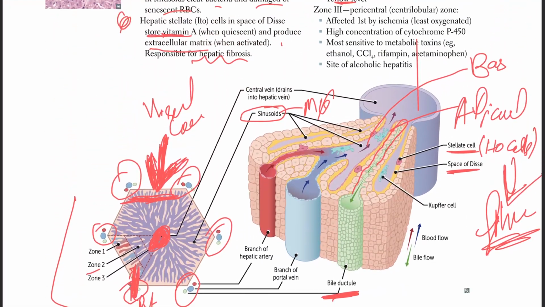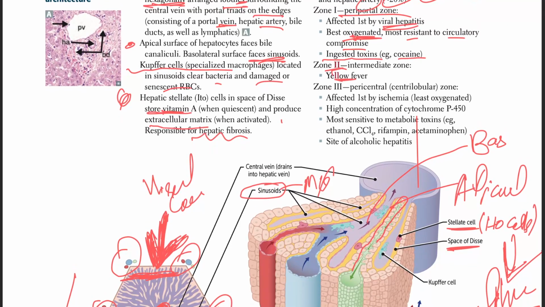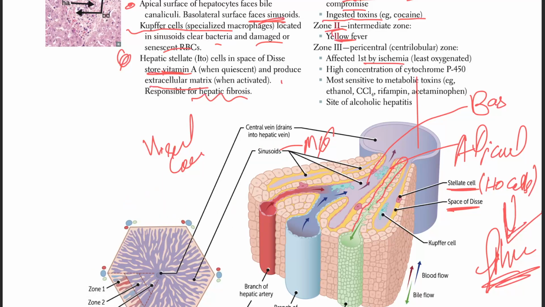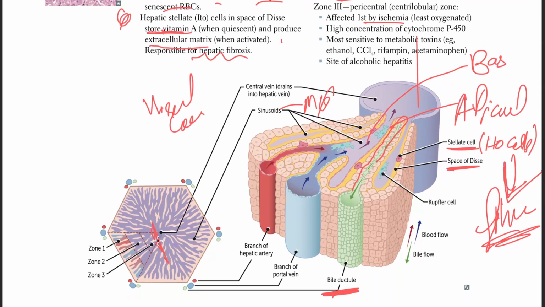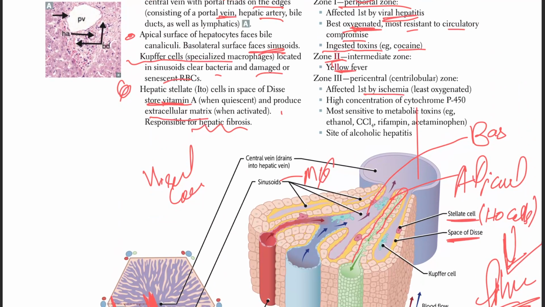Zone 3, the pericentral centrilobular zone, is affected first by ischemia, because it has the least oxygen. Let me erase this and show you. It is the least oxygen. Look at this. This area is the least oxygenated. This is the most oxygenated. So because it is the least oxygenated, you can cause ischemia to this area, but you have really